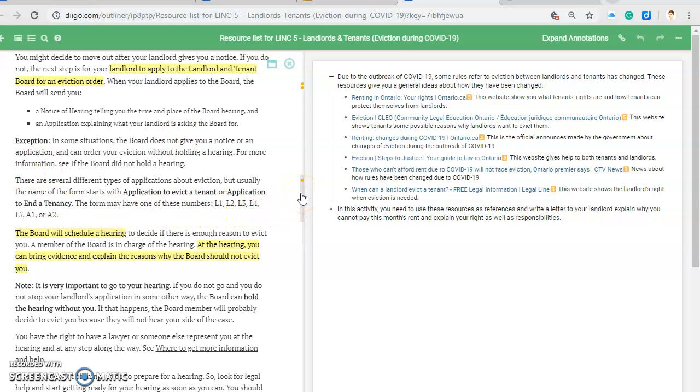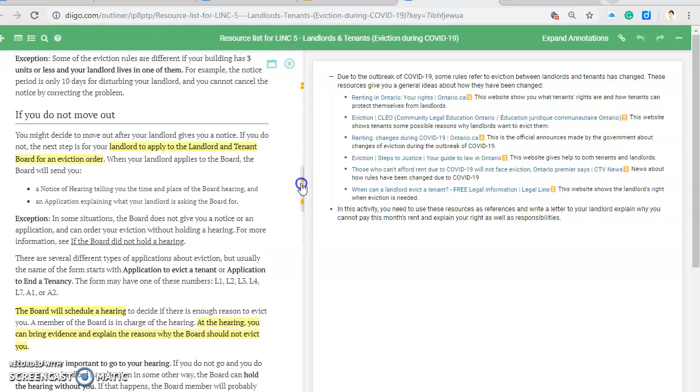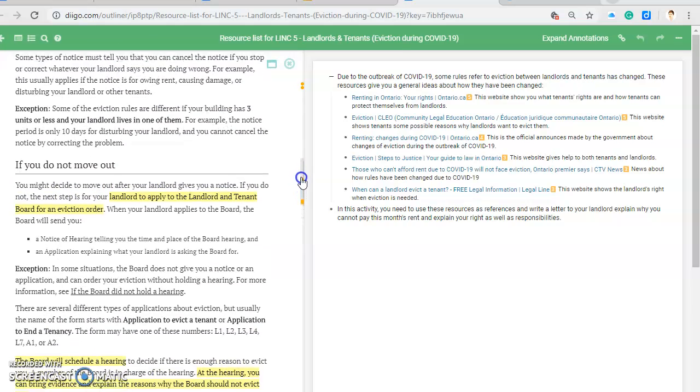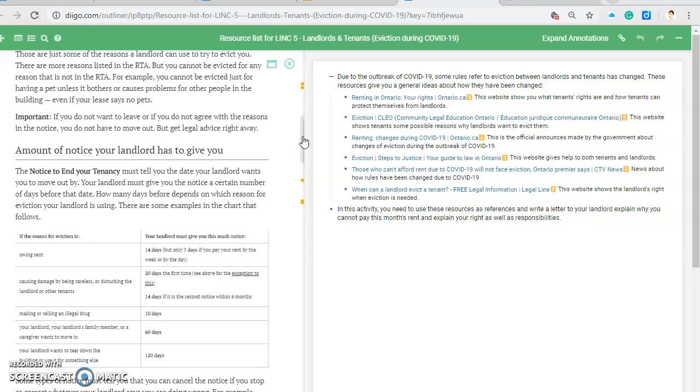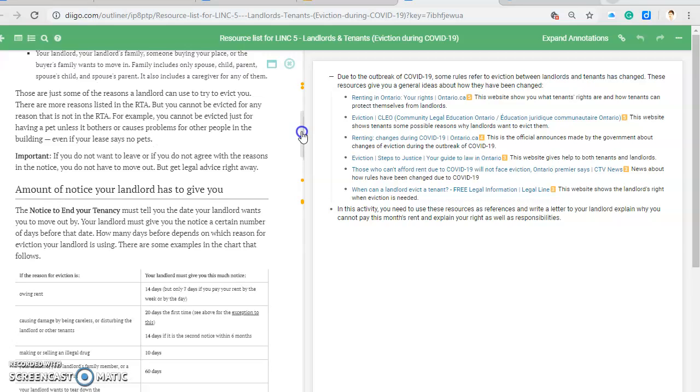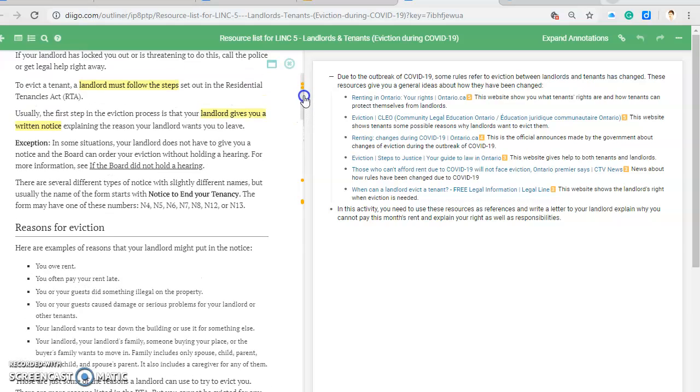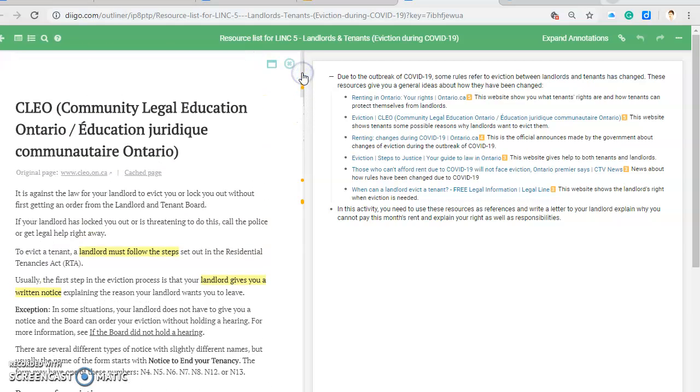So the letter will be about eviction, which is when the landlord wants you to move out because you cannot pay the rent for this month. So I want you to do research about eviction through the 6 websites already provided,